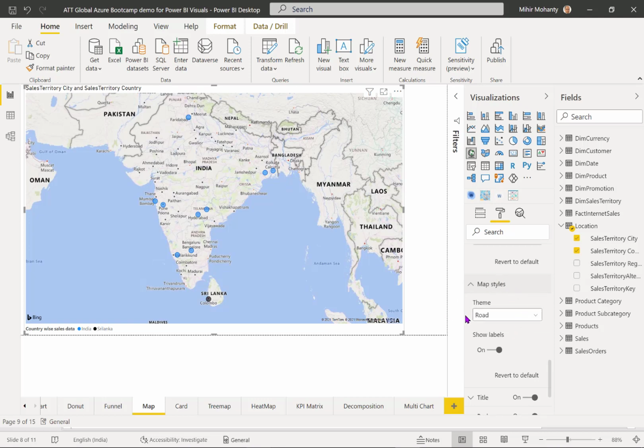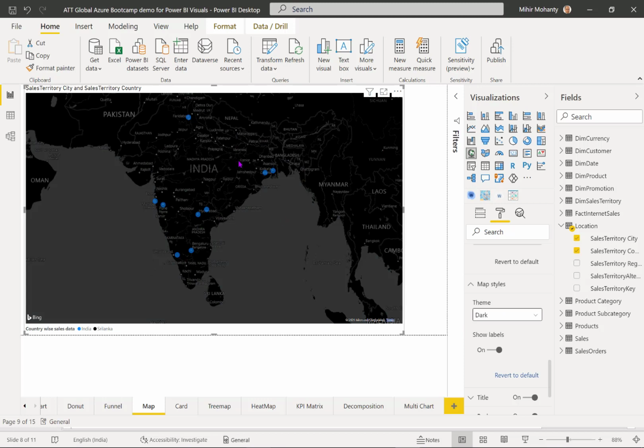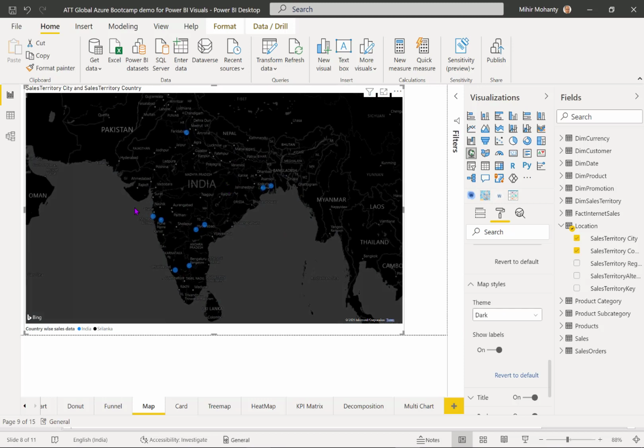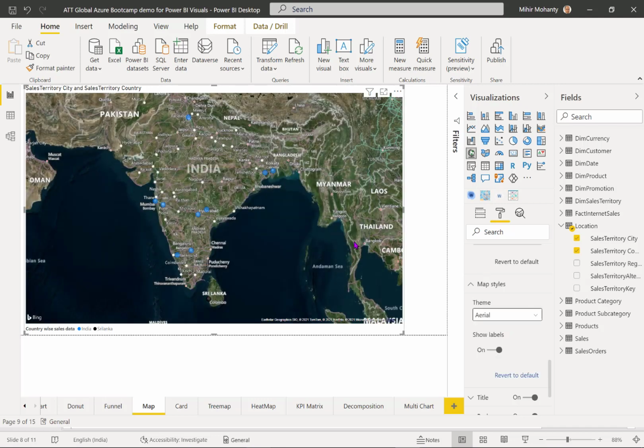This is something interesting. If I come to this particular map, now it's showing road style, but if I want dark, you can see the changes reflecting over here. If I wish to have a look into the aerial view, this is how your map will look.